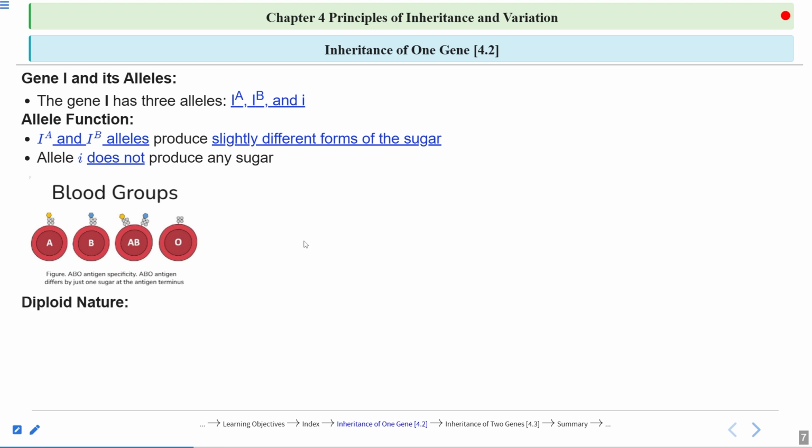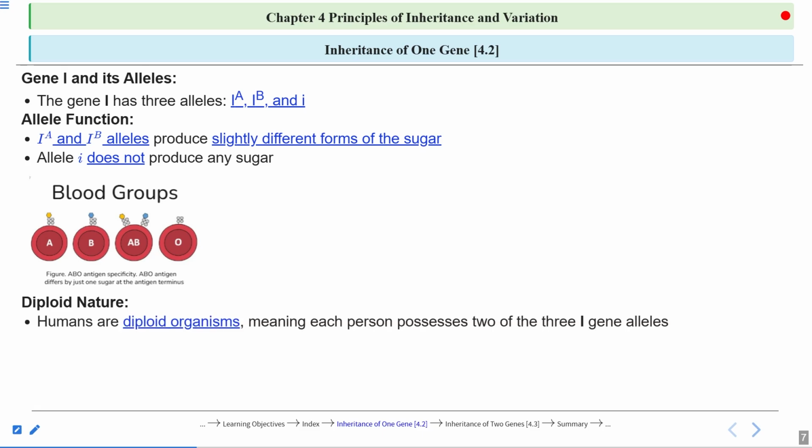Now, humans, the human cells, they are diploid. The animal cells, they are diploid. Okay? Diploid means they consist of 2 alleles. One allele they will inherit from the father, another allele they will inherit from the mother. So humans are diploid organisms, meaning each person possesses 2 of the 3 I gene alleles. So there are 3 alleles for gene I, but humans, as they are diploid, will possess only 2